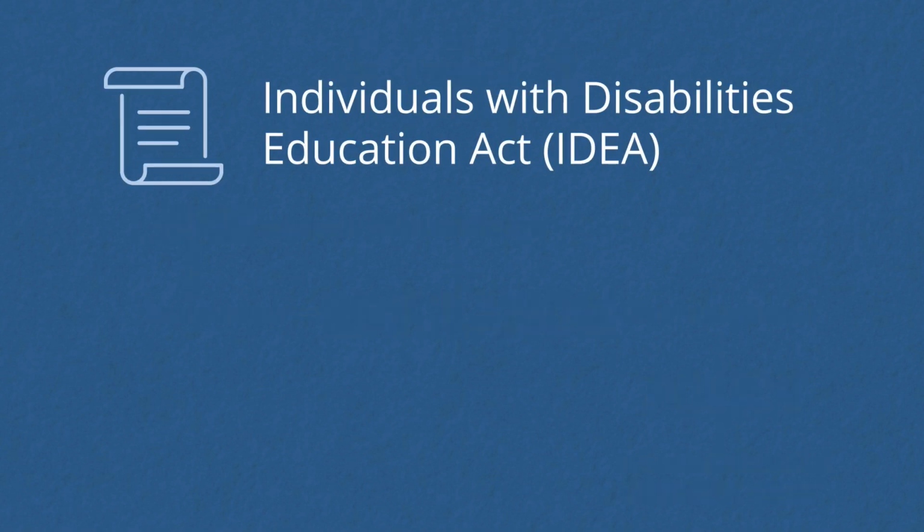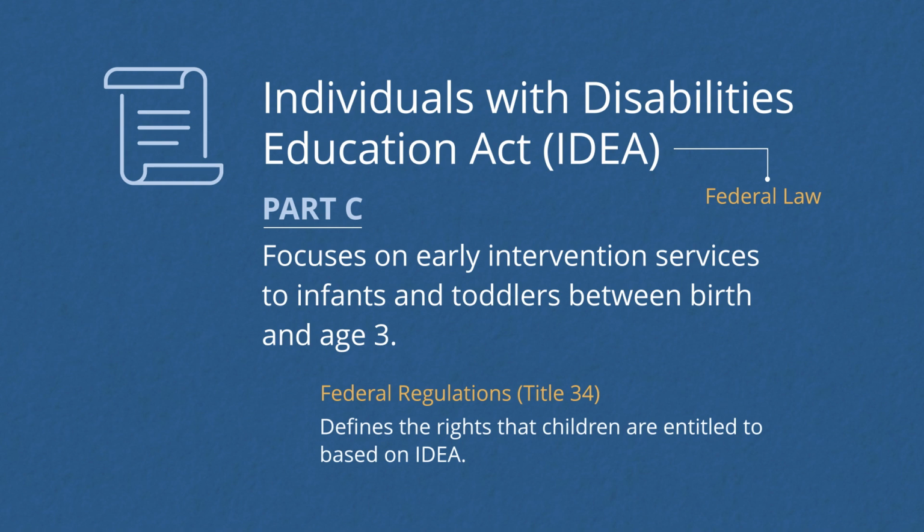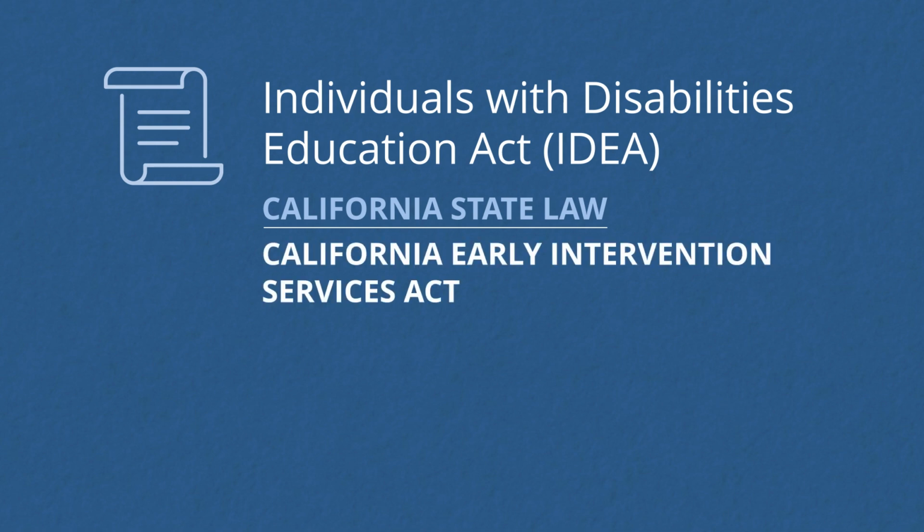Let's look at Part C of IDEA, the Individuals with Disabilities Education Act, for another example of how laws and regulations interact. Part C focuses on early intervention services to infants and toddlers between birth and age 3. IDEA is a federal law. The Code of Federal Regulations, Title 34, defines the rights that children are entitled to based on IDEA. To be in compliance with IDEA and federal law, California developed a state law called the California Early Intervention Services